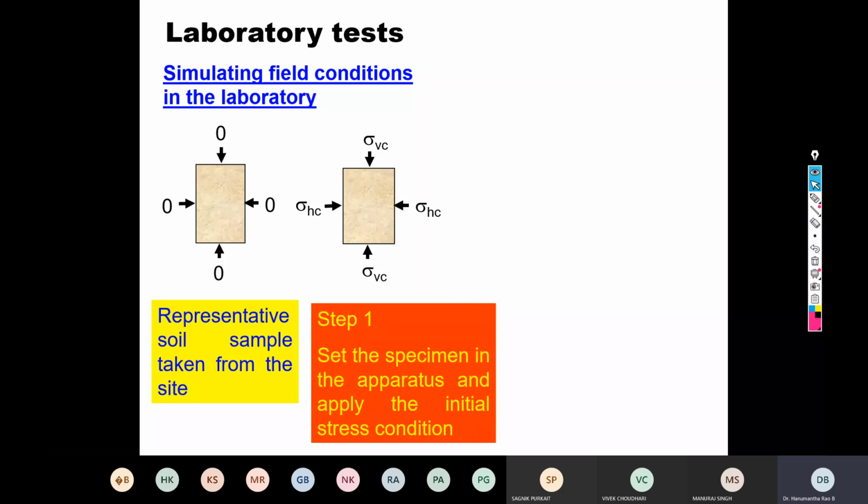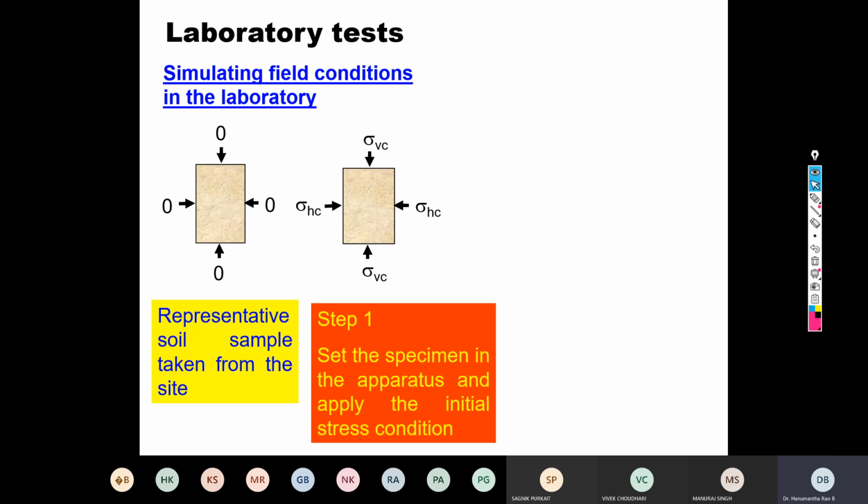But here is an important step. When you take out the soil sample from the field, and look at the free body diagram of this soil sample, we can understand that no stress will act on it. So sigma 1 and sigma 3, all stresses are zero. But the question is, if all the stresses are zero, how is the sample able to withstand itself? We have to understand how the sample withstands.